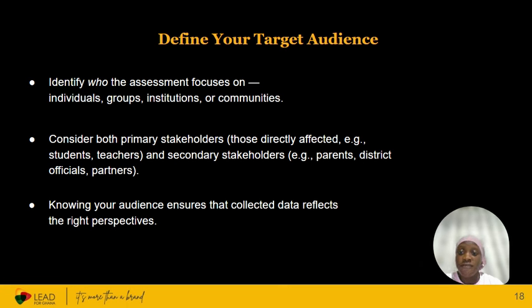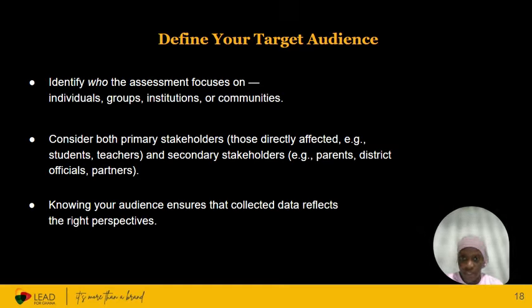We usually divide these stakeholders into two, the primary and the secondary. Those who are directly affected by your project and those who may not be, but their input is very important